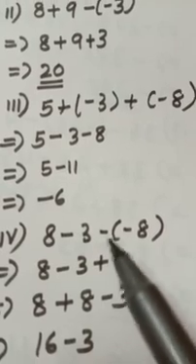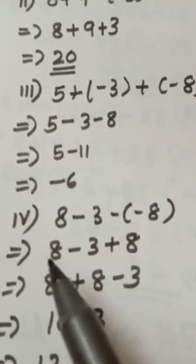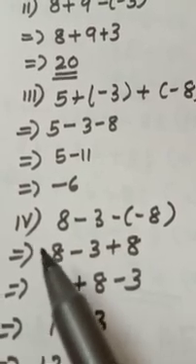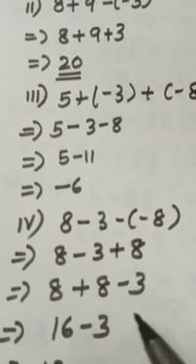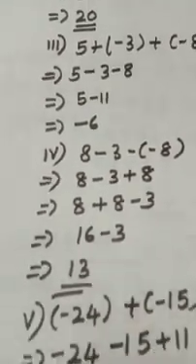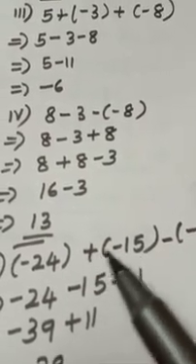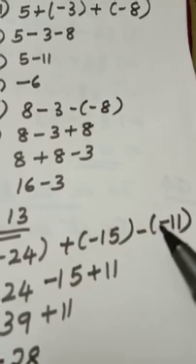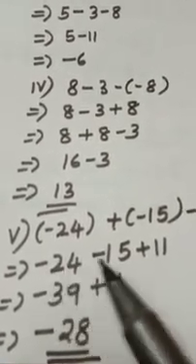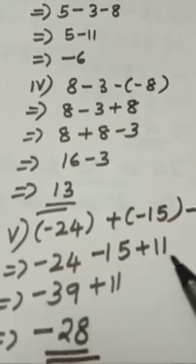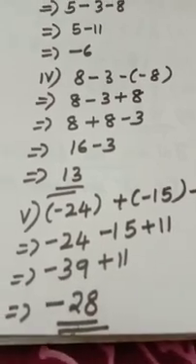Here also two signs, same sign. So combine and form one sign, plus. Now these two are same sign numbers. Here also plus, here also plus. So 8 plus 8 is 16, minus 3, that is 13. Here see, plus minus, different sign, it will combine to form negative. Here same sign combine to form positive. Same sign numbers, you have to add it and put a common sign. Different sign numbers, subtract and put the bigger number's sign.